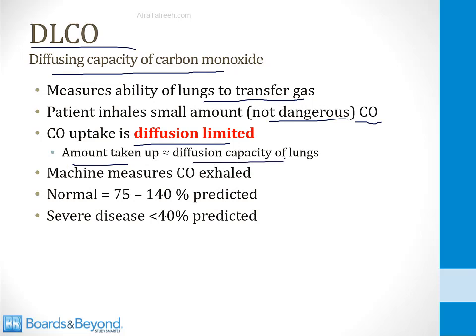capacity of the lungs. So the patient inhales carbon monoxide, then exhales gas from the lungs, and the machine measures the amount of carbon monoxide exhaled. Patients who have lung disease that results in a significant impairment of diffusion will not take up much carbon monoxide. On the other hand, healthy lungs will take up more carbon monoxide. There are normal amounts predicted for age and body size, and a normal result is about 75 to 140% of the predicted value. Patients who have severe forms of lung disease that impair diffusion can have values like less than